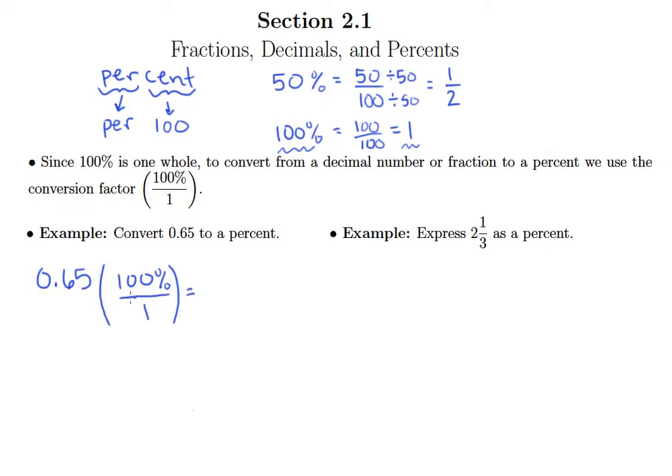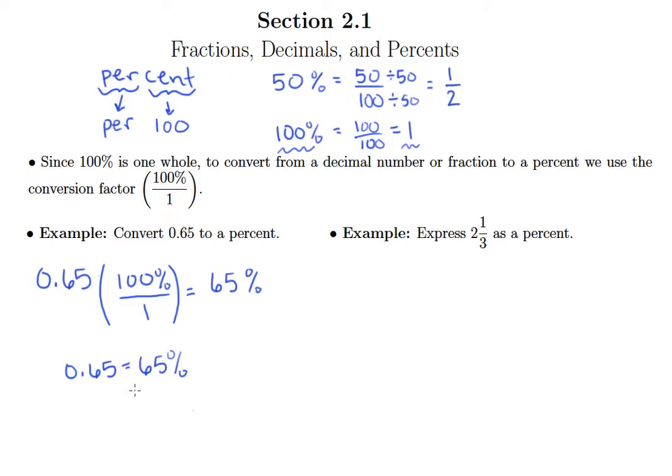So I have not changed the value of 0.65. But now I can multiply 0.65 by 100. That, of course, just moves the decimal point over 2 places. So I get 65, and now I have the symbol of the percent that's appeared. So what we get here is that 0.65 is equal to